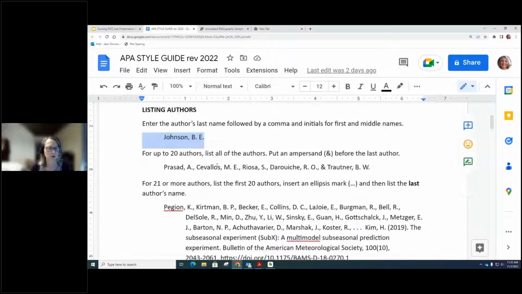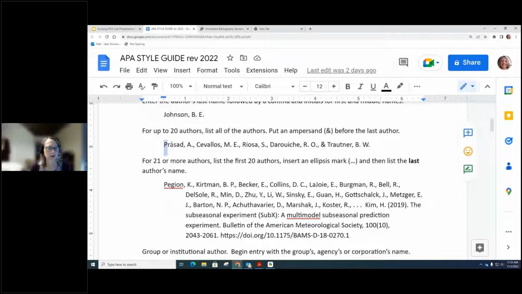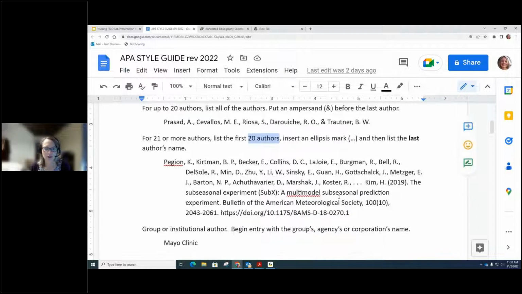If you have more than one author, you just list all the authors, last name first, followed by the initials, and then before the last author, you put an ampersand. If there are 21 or more authors, you list the first 20 authors. That's very different. I think in MLA style, you list 3 at the most. In APA style, they say you list 20 authors. If there's more than 20 authors, you put in an ellipsis after the 20th author, and then you list the